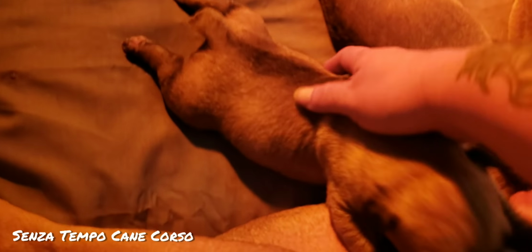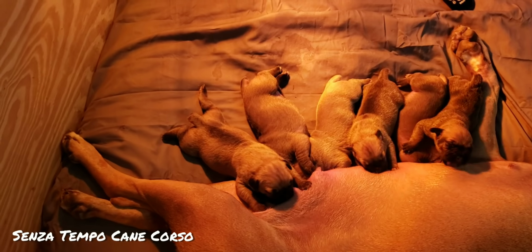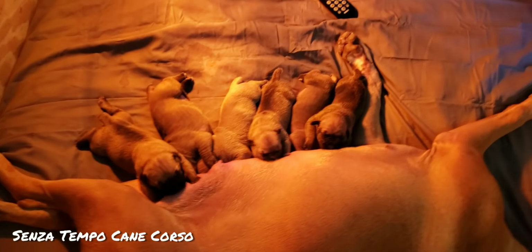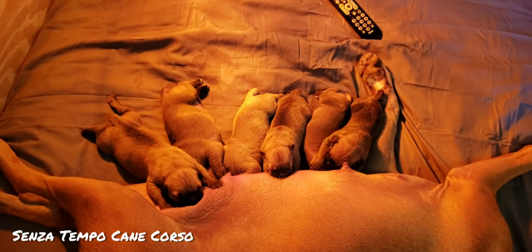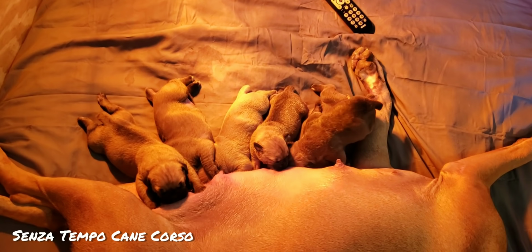This one here is pretty, pretty round, as you can see. So she is producing milk. You just have to manage it, and I'm not used to having to do that. With the pit bulls, you didn't have to manage it. You just let them go, and they weren't as big. You know what I mean? Even though the females are big, it's just like...